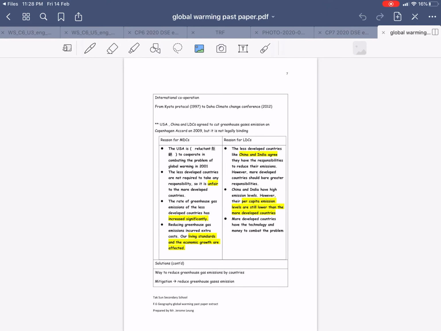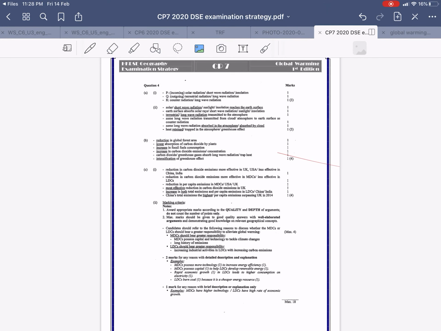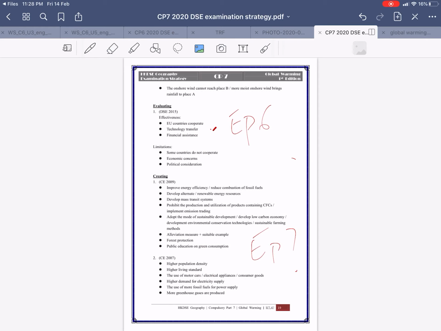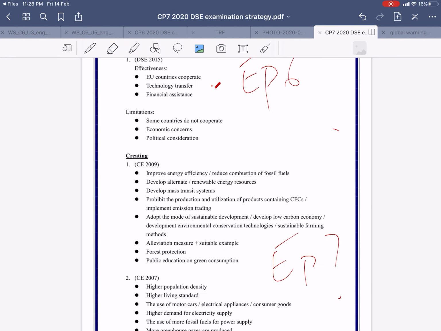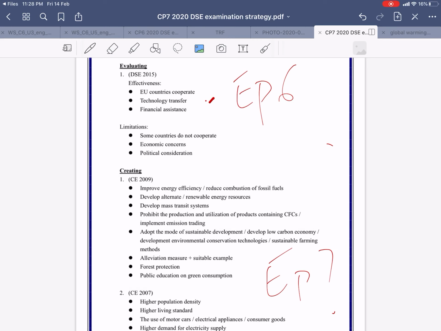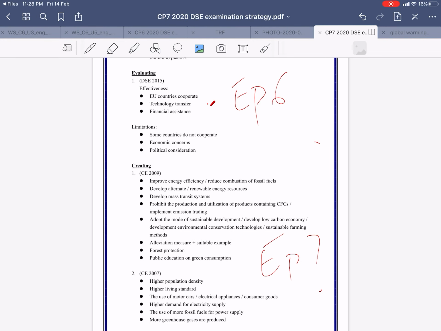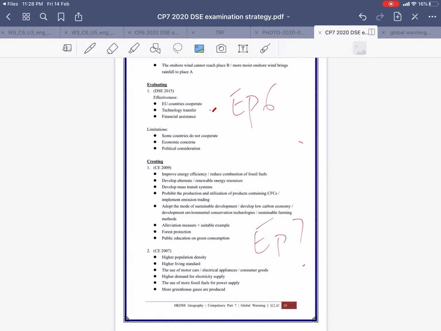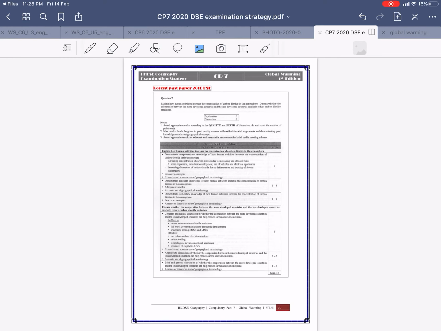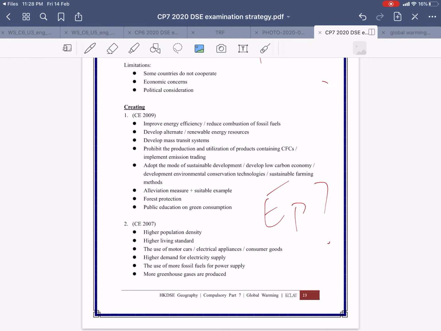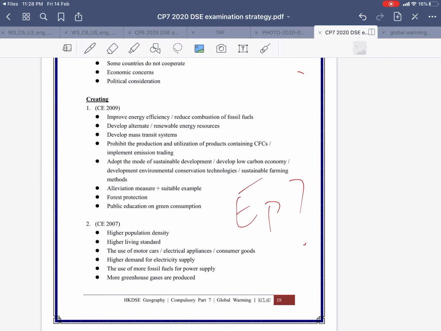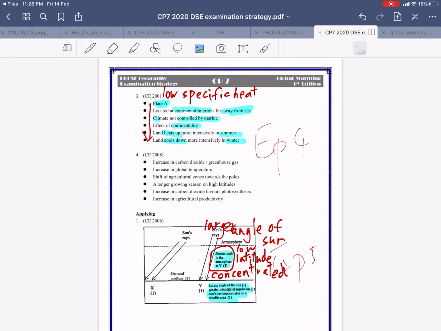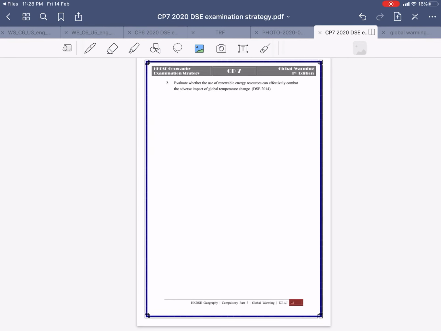Hello, this is the last episode of the greenhouse effect, or CP7. In this episode I would like to put the focus into the effectiveness of specific ways of reducing the greenhouse effect. Previously I've gone through almost all the things, and you can check out most of the key points on page 19 of your CP7 notebook, okay? And we check out the question first right here,